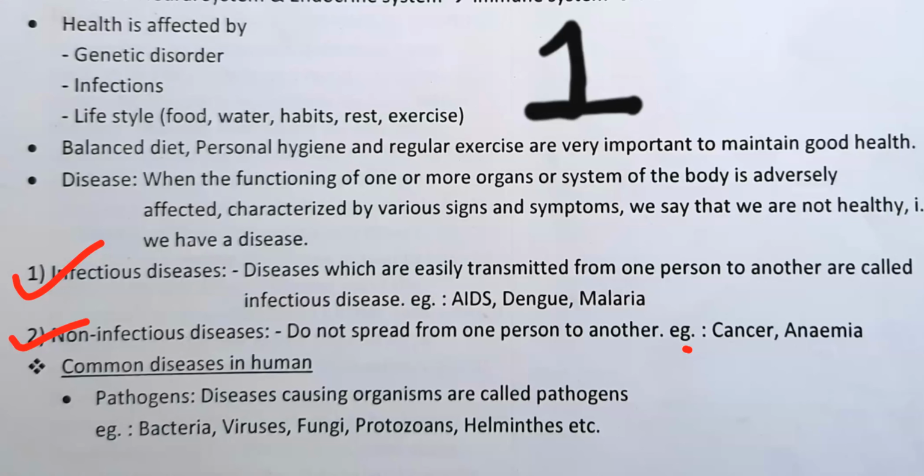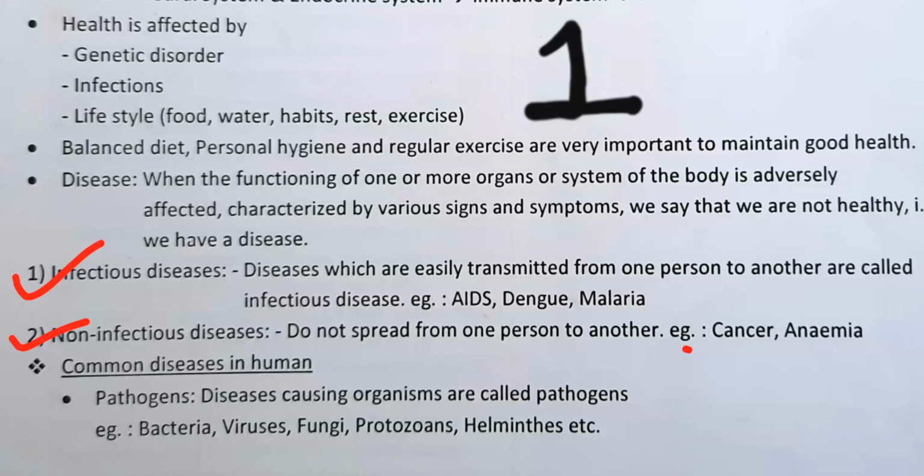Typhoid can spread. I don't know what is happening to you guys. The basics, even if a first standard, second standard child, if I ask them, they can also understand this thing. Dengue is the one. Krisha, Diksha, Devanshi, they all were wrong in spreading the wrong information. Dengue is something, jaundice is something, which can spread from one person to another person. Obviously, carriers are required, but then it is possible.